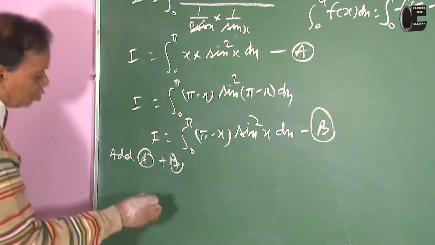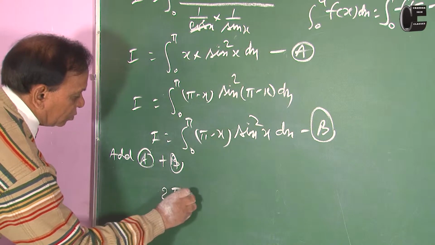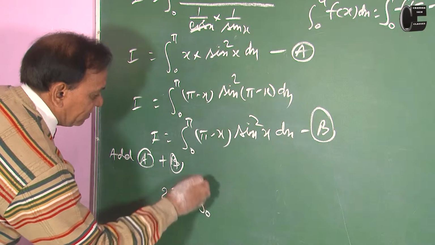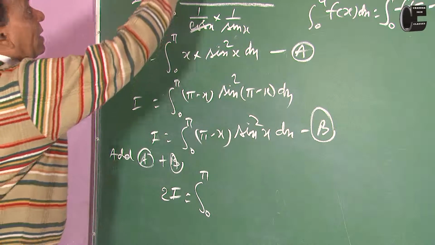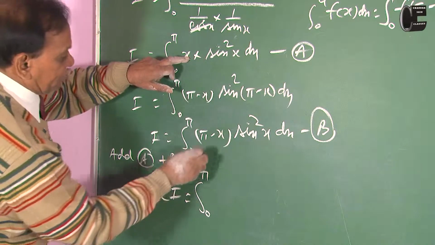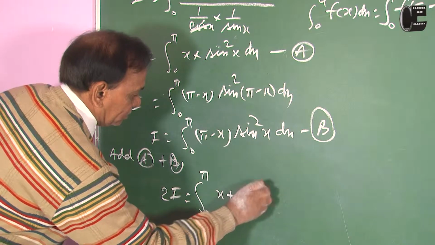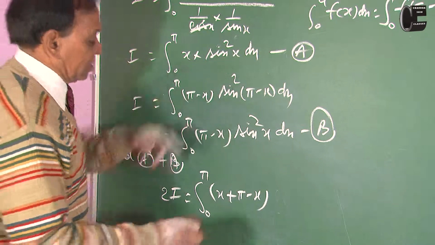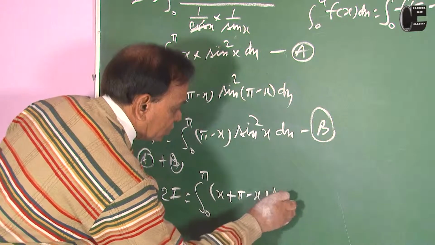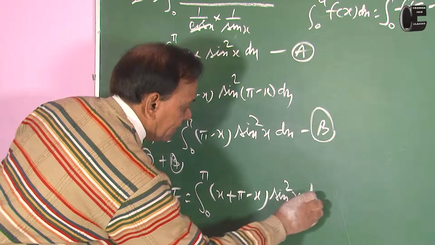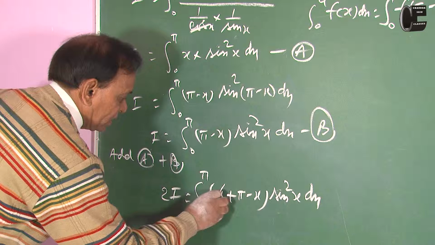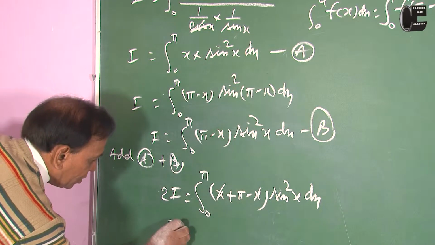I plus I, 2I equal to 0 to pi, x plus pi minus x, and sin square x take out, sin square x dx. This will be cancelled. Therefore 2I equal to